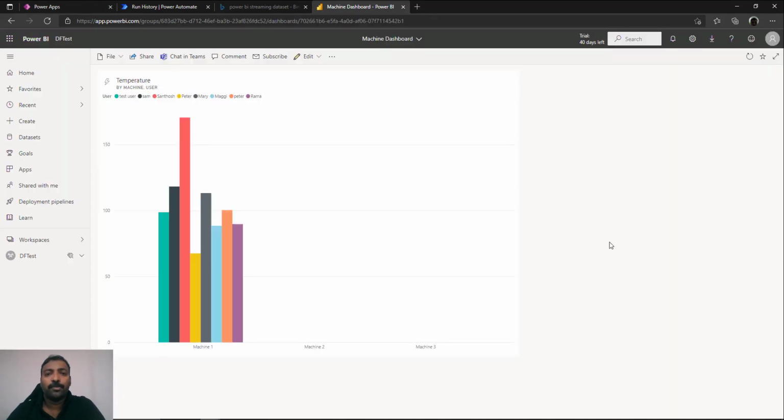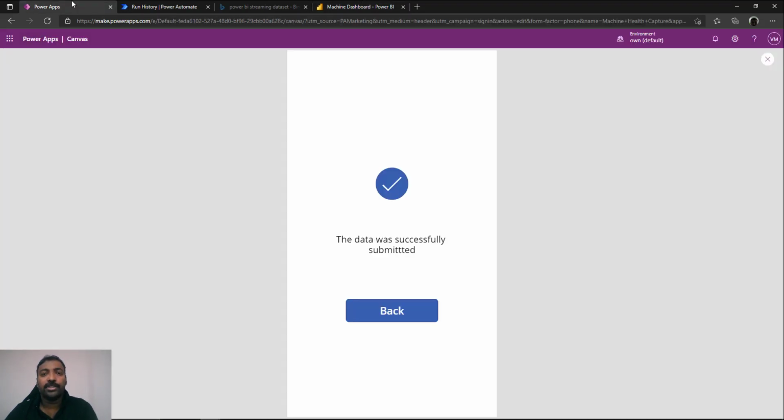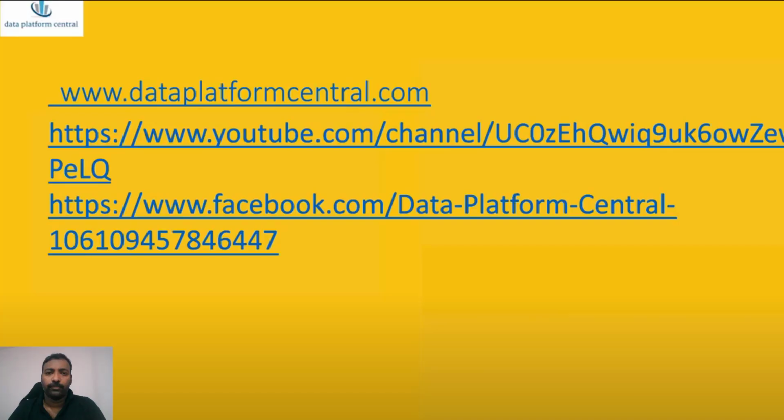So as you see, as we keep on adding data from your Power Apps, the data keeps streaming in real time to your dashboard, which is an end-to-end integration between all the three Power Platform services, which is Power Apps, then to Power Automate, and finally to Power BI. So this quick demo shows the real power of Power Platform and how the Power Platform services can be integrated end-to-end, so as to obtain a scenario like this, where real-time data from an application can be directly posted to a Power BI dataset, and it can be visualized on a streaming dataset.